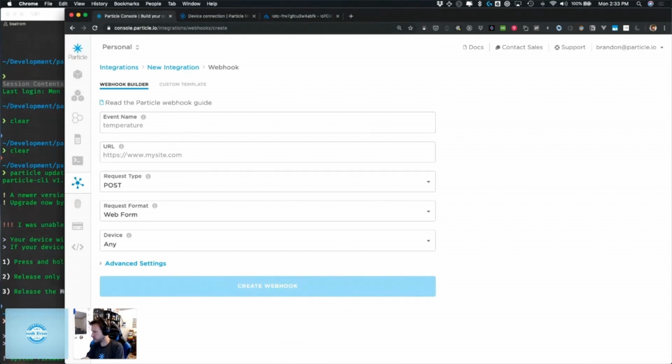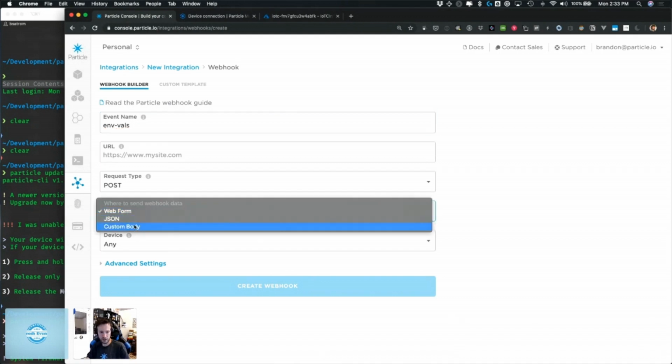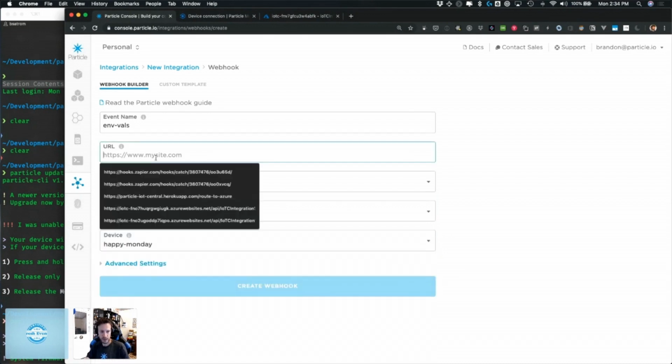And you're going to give it a name of env-vals. You want the request type to be post. The request form will be JSON. And then you're going to choose the device. In my case, Happy Monday is the name of the device that I want. So I'm going to choose Happy Monday. And now the URL is the